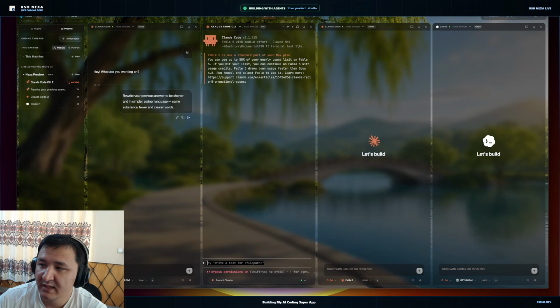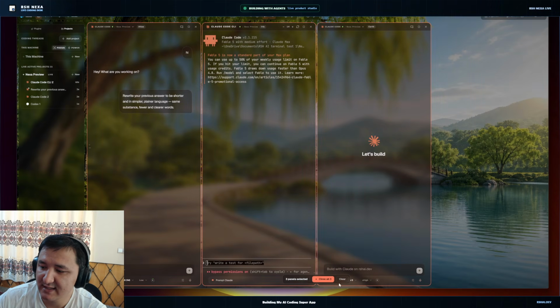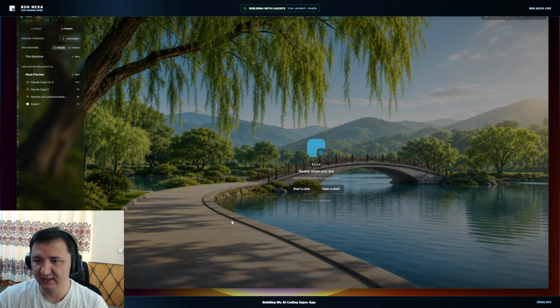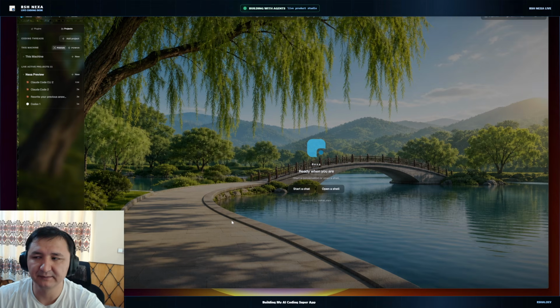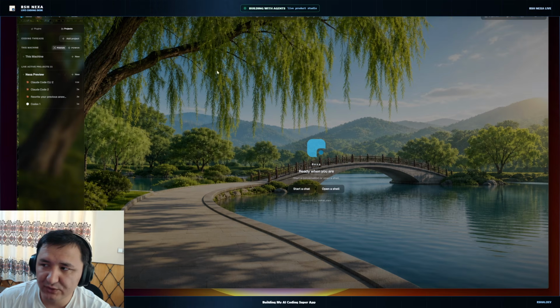Okay, and if you want to close, you can close it one by one, yes, but you can select like this and you just close everything. This is not working only for the chats, it works for everything that you loaded in this screen. Okay, so now another thing that I want to show to you,